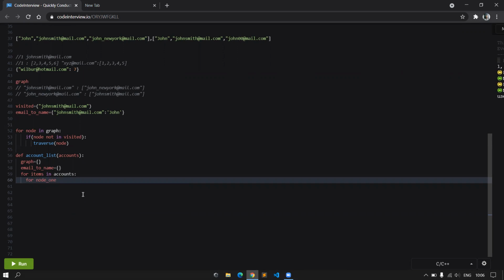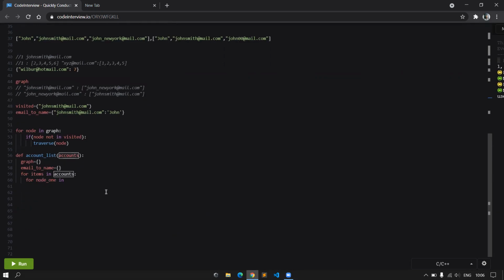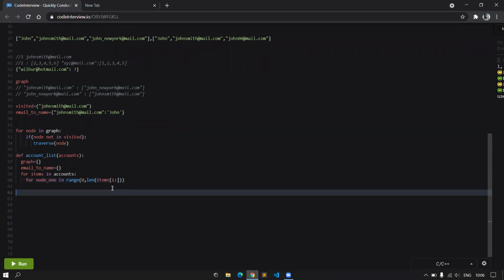So is this accounts? Is that the top level input? Yeah. So this is the same accounts which we have input. So the first node would be coming from the range 0 to length of items, but from the first index, since the 0th index is the name itself.